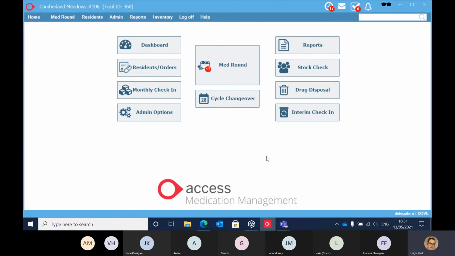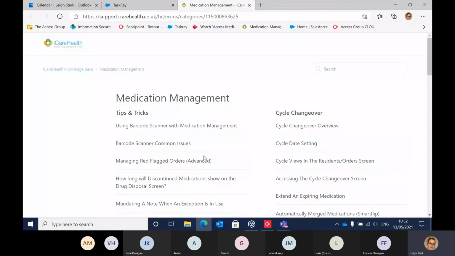When you start using the system, if you have a bit of a blank moment, you've completely forgotten how to do something in the system, you have this support functionality down at the bottom of the screen. So once you're logged onto the system, where it says Access Medication Management, this is a link to the online guides that we have. If you click on that, and this will work if you've got Wi-Fi, it takes you to this web page, and you can search for whatever you're trying to do. So if it was something to do with homely remedies, if you typed homely